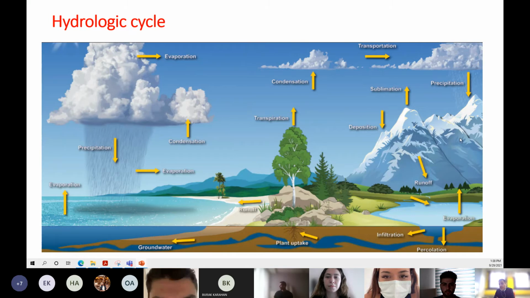When we have precipitation on land or mountains like here, what will happen? We assume that we have precipitation on land. The dry land gets moist, and we will have infiltration. Like you see here, infiltration means that water penetrates into the soil, underground, like here. We will have infiltration. And when the surface soil gets saturated,